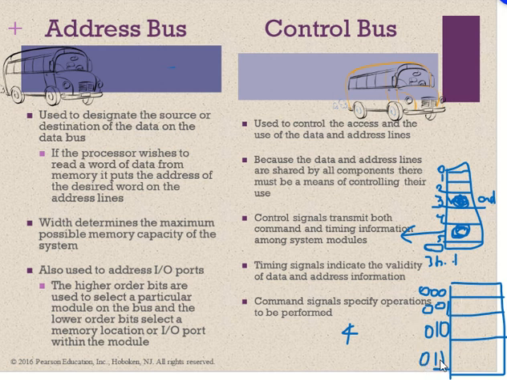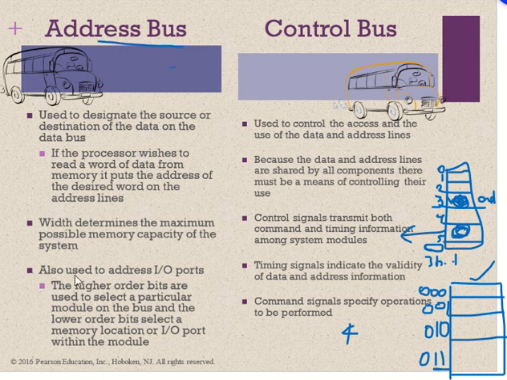So what is the address bits? I need 2 bits. So the address bus will contain 2 lines for this memory, because this memory has only 4 locations. Okay, so what is the address of the 4 locations? 00, 01, 10, 11. Can you get the idea? So depending on the capacity of the memory, the address bus contains the lines.